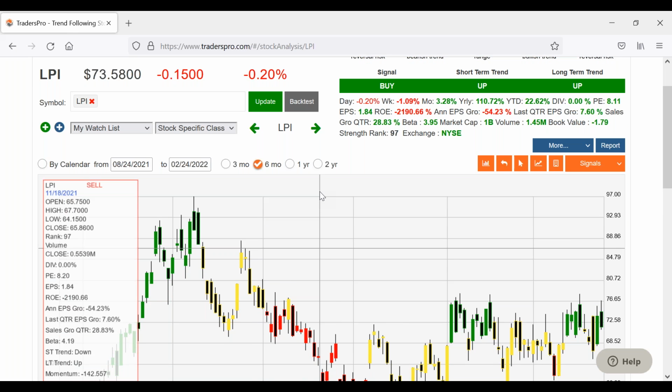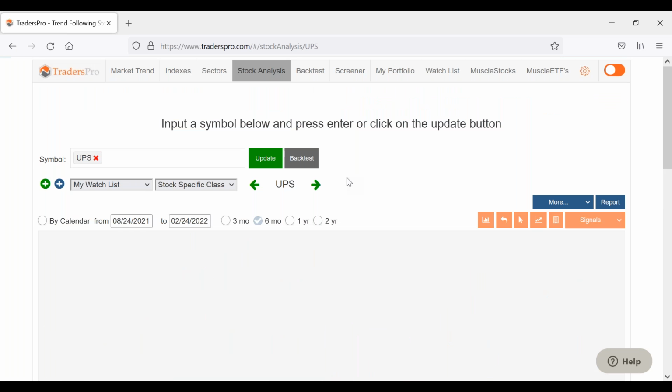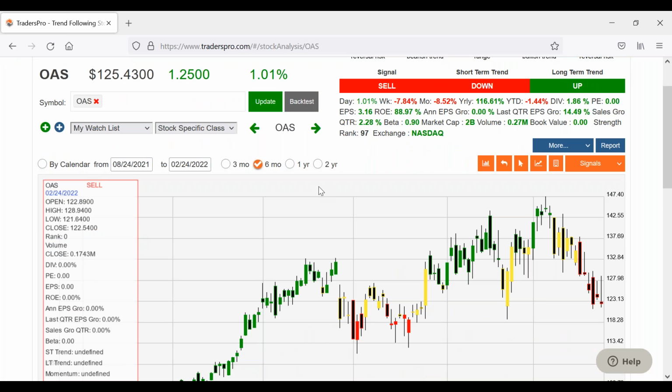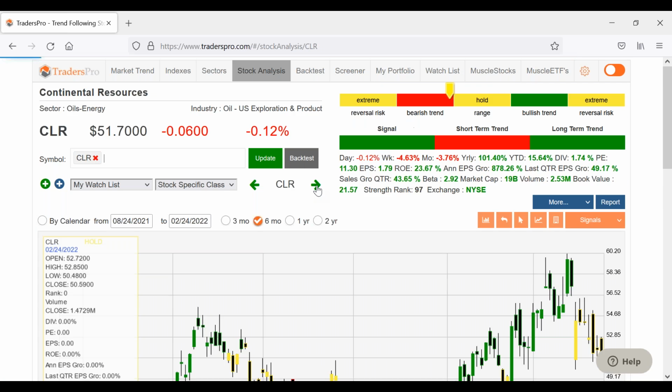LPI, just kind of moving sideways. I'd like to see it start taking off again. Been moving sideways for a long time. I don't want to be getting into it and have it move sideways forever. UPS, might get out of that one. OAS, MDTR, CLR,